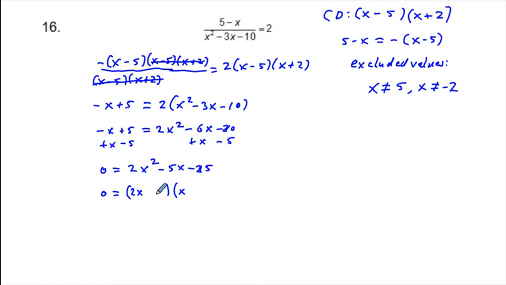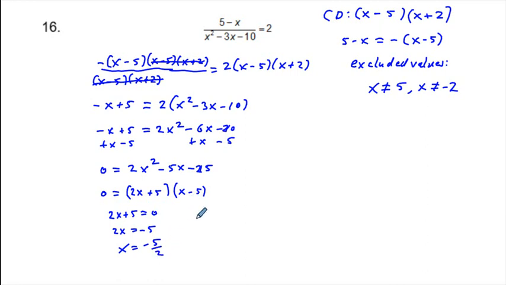You're going to have 2x plus 5, x minus 5. Okay, so we have 2x plus 5 is equal to 0, and subtract 5, so we have 2x equals negative 5, so we have x is equal to negative 5 halves,